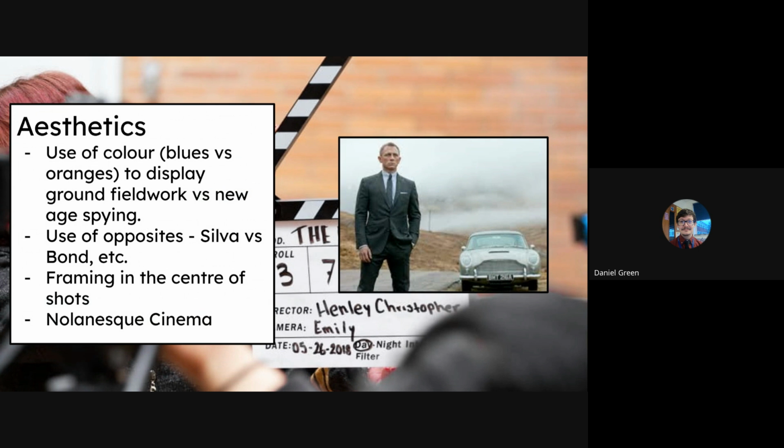So there's a use of color, so blues versus oranges to display the ground field work versus new age spying. What I mean by ground field work is Bond's role as a spy. He is rolling around in the mud. He's getting down the nitty gritty, dirty elements of spying. Okay, and then you've got M and the other team, and also Silver, which is all about new age spying,